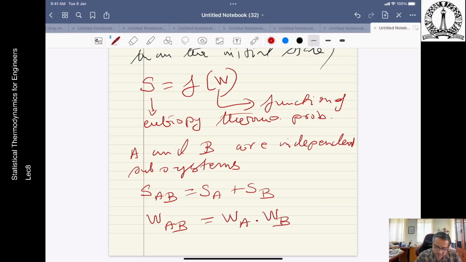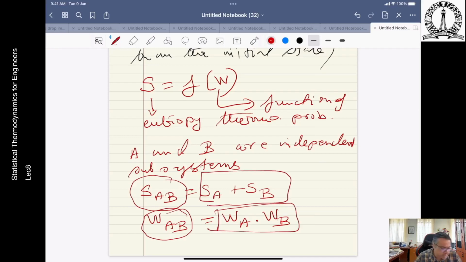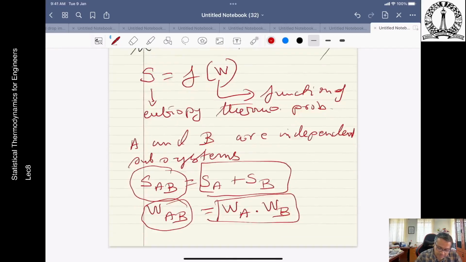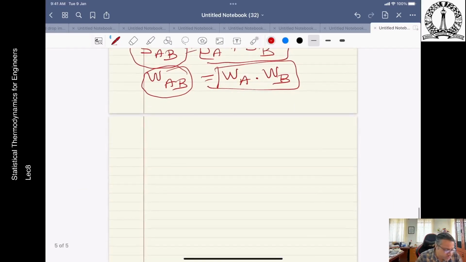So what we are stating is that this entropy must be related to this, but this is an additive quantity and this is a multiplicative quantity. So the only function that can actually do that